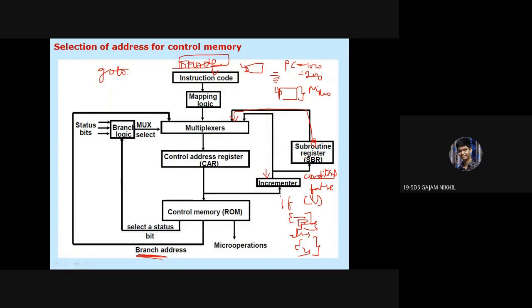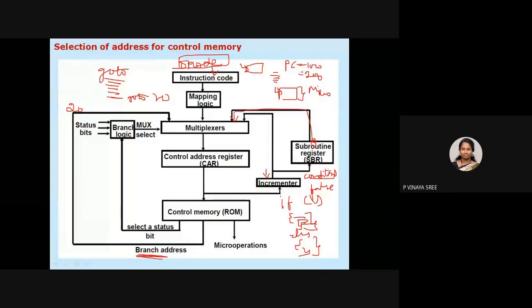Unconditional. Unconditional means that in such a case also you will not be executing in sequence. It has to stop here, and if it says go to 20, it has to go to that particular 20. For that, you need to generate a control signal saying that the next instruction to execute is not that one; you need to go to number 20, and whatever is there in that instruction has to be executed.